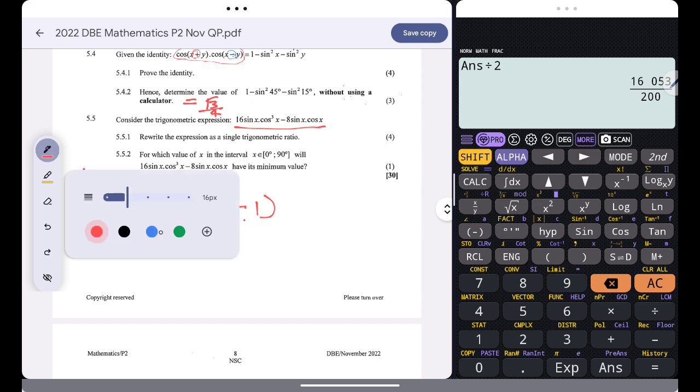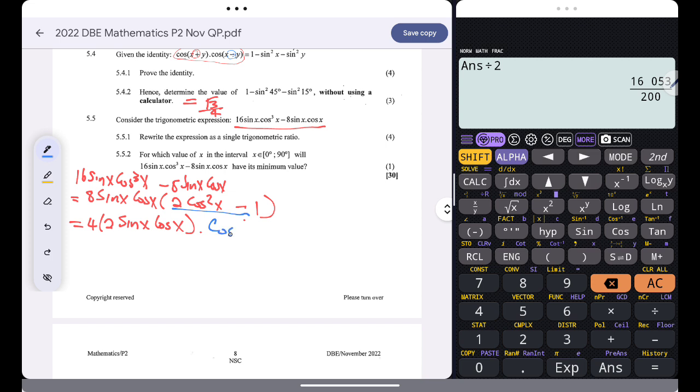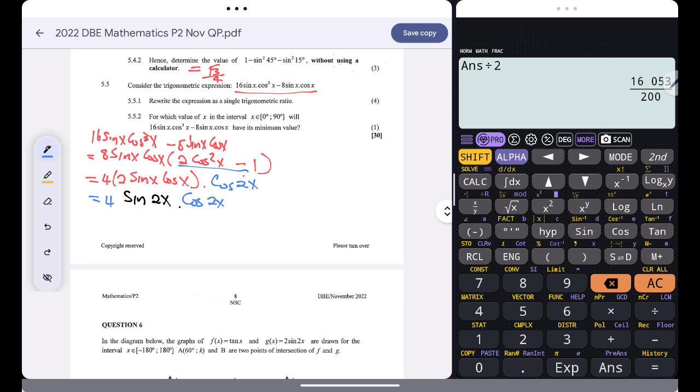Remember that this guy over here will give me cos 2x, right? So that means I have 4. This will give me sine 2x, and then I still have the cos 2x from the other side. But I was asked to write as a single trig ratio, so I still have some work to do. 4 can be written as 2 times 2. This is 2 sine 2x cos 2x, right? So this thing will be 2, and then I'll have